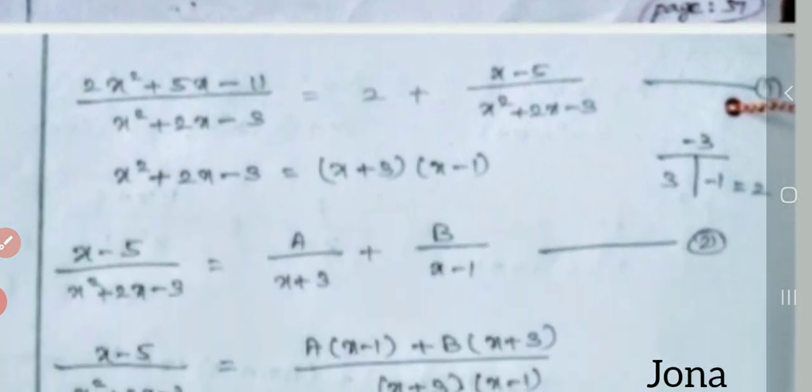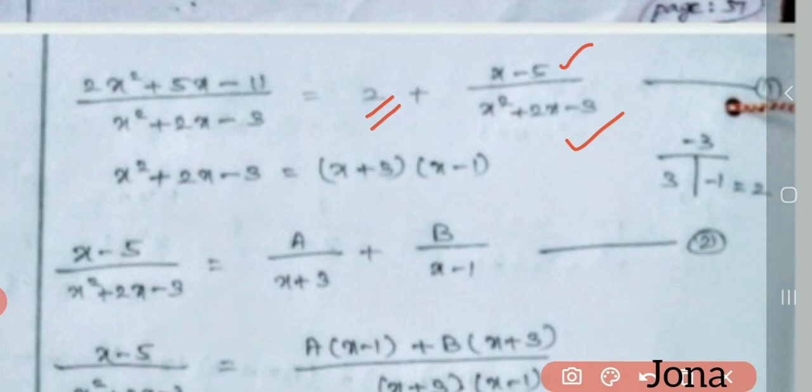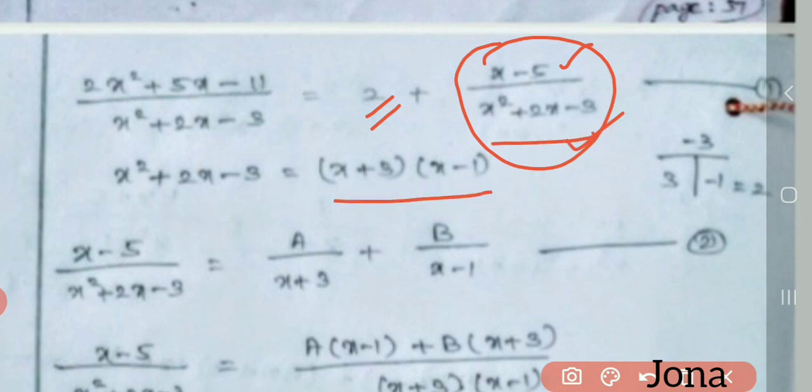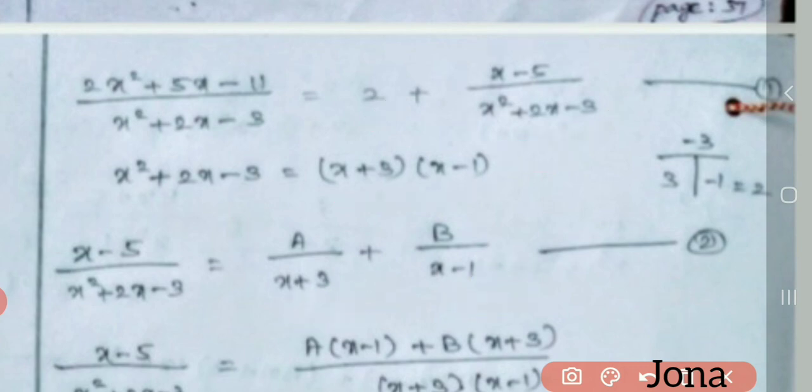Now I want to take the partial fraction like this. That quotient is here, that remainder is here and the divisor is here. Okay, I want to take this only for the partial fraction. This x squared plus 2x minus 3 has the factors x plus 3 into x minus 1. So these two factors are ordinary factors. So we have to take two constants, a and b, like this. We have a by x plus 3 plus b by x minus 1 here.